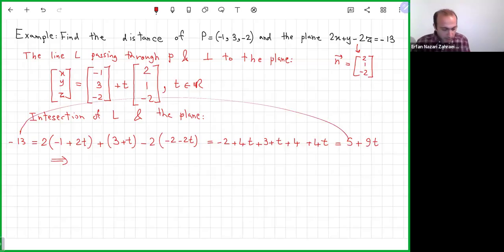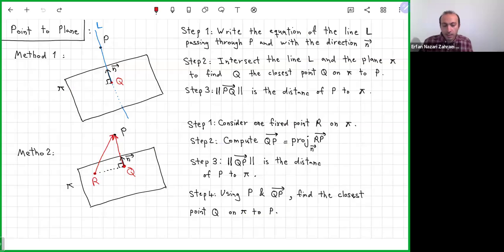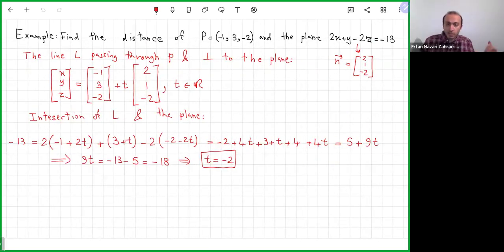Then I move 5 to the other side: 9t equals negative 13 minus 5, which is negative 18. Divide by 9, you get t equals negative 2. Now that I have t, I found the intersection point, or the closest point on the plane to the point. I put t here and I find the x, y, z coordinates of the closest point. So the closest point, let's call it Q, is